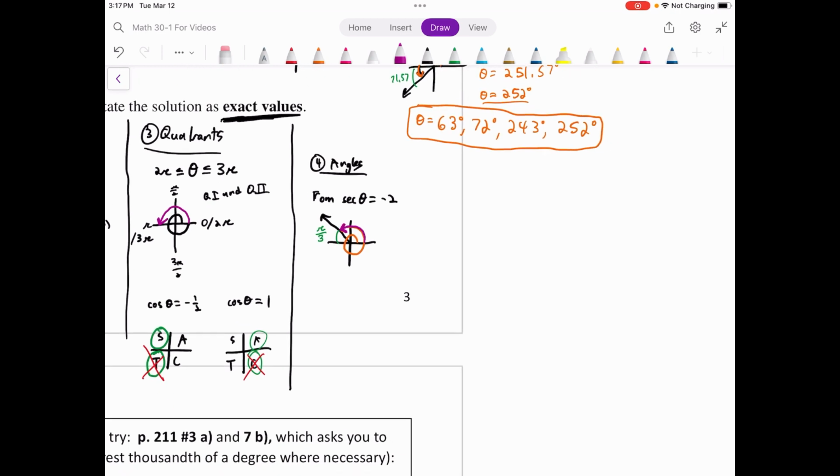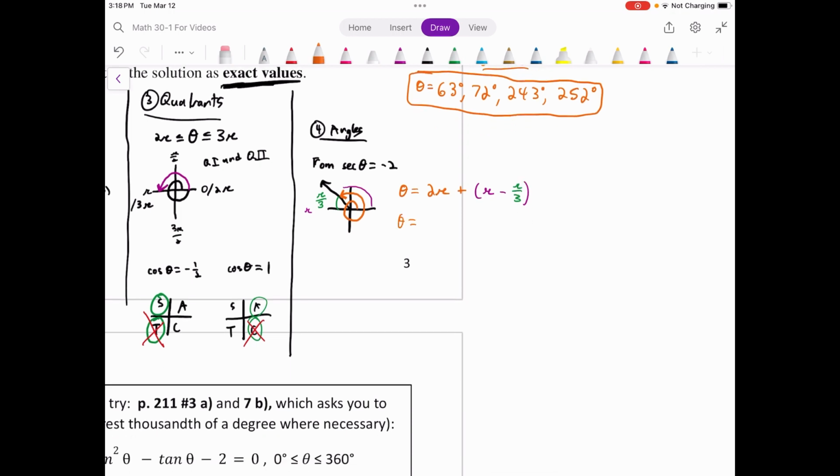I might say that our theta here is going to equal 2 pi, right? A full rotation plus just this purple part here. And that purple part there would be, well, here's pi, right? Pi minus pi over 3. Okay, giving us that theta is 2 pi plus, well, pi minus pi over 3, that's 3 over 3 pi minus pi over 3, right? So 3 pi over 3 minus pi over 3,